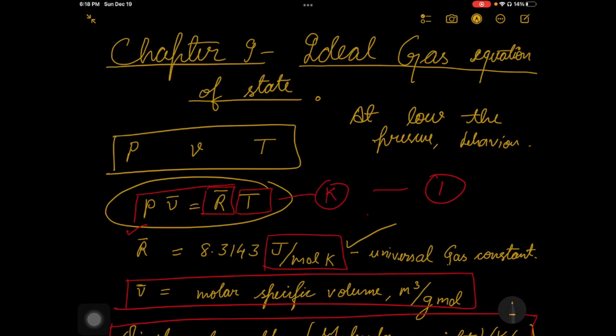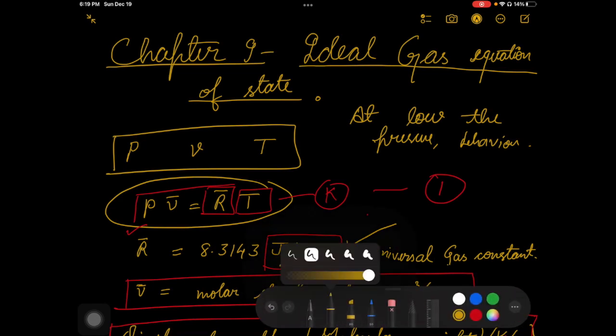So whenever we work with science, there is an ideal engine, an ideal gas. We take a reference point and then we define our laws around it, right? Because to predict the nature of a real material or substance or gas is very difficult. That's why we have to take an ideal condition. Now, the ideal condition is when we have very low pressure. At that low pressure, the behavior of the gas typically depends on these three quantities, and we can formulate this equation 1, which is